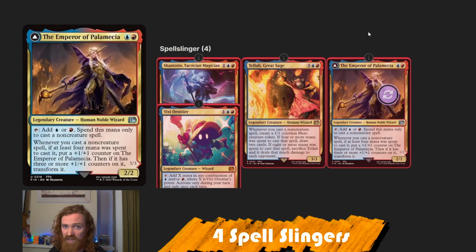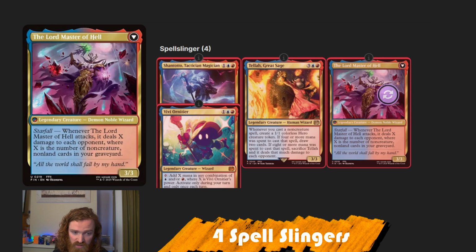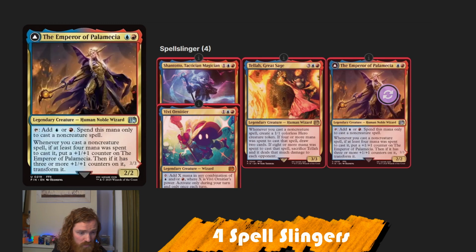Izzet also gained a Transform commander in the Emperor of Palamecia. You can tap it to add blue or red. Spend this mana only to cast a non-creature spell. Whenever you cast a non-creature spell, if at least 4 mana was spent to cast it, put a +1/+1 counter on this card. And if it has 3 or more counters on it, you can transform it into the Lord Master of Hell, a very epic name. Whenever it attacks, it deals X damage to each opponent, where X is the number of non-creature non-land cards in your graveyard. Pretty straightforward. Cast multiple non-creature spells that cost at least 4 mana, transform it to deal a lot